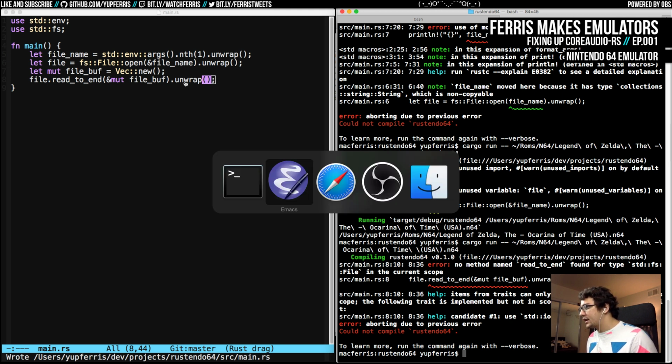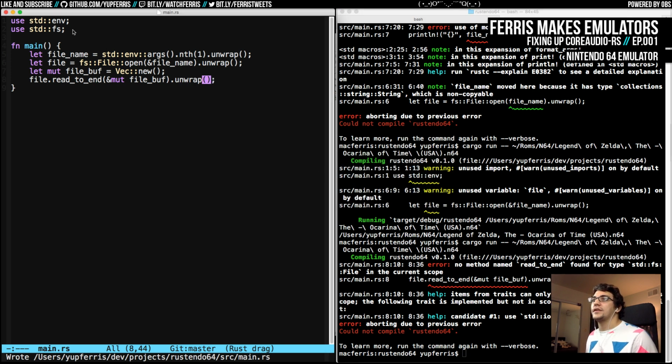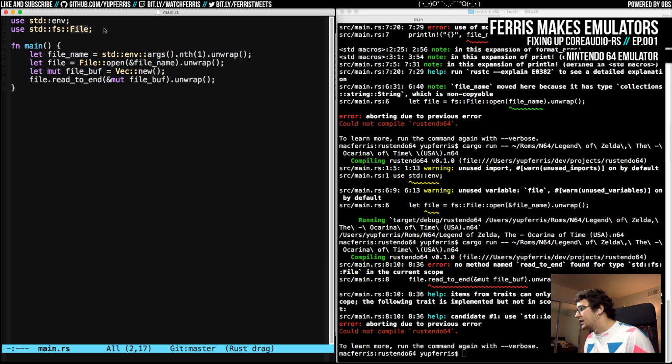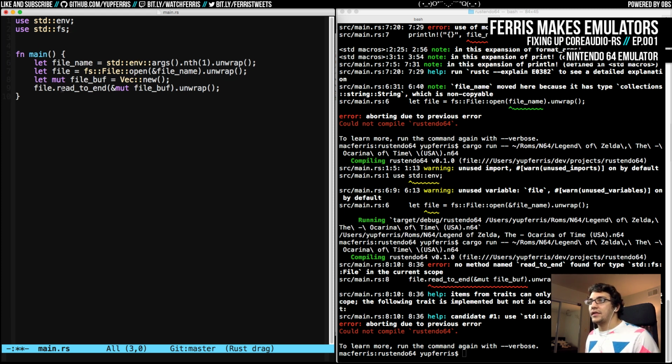So it didn't like that I used read to end on that file because I need to bring in file if I actually want to use it. So this gets into something called traits in Rust. File, as far as I know, is a data type, a struct, but it implements something called a read trait. File implements a trait called read, and in order to use any of the methods on read, even if you already have the object, you need to use the trait itself. So that's going to be